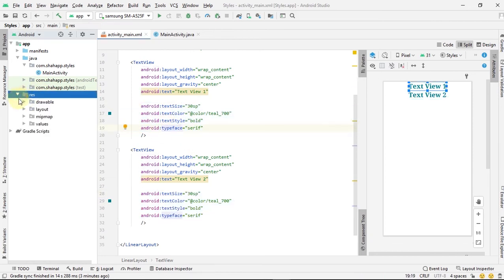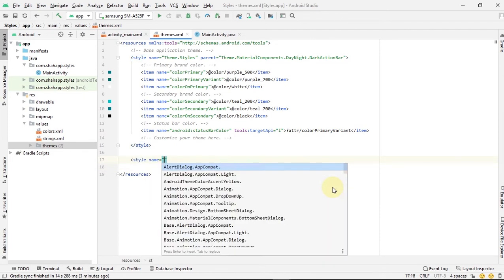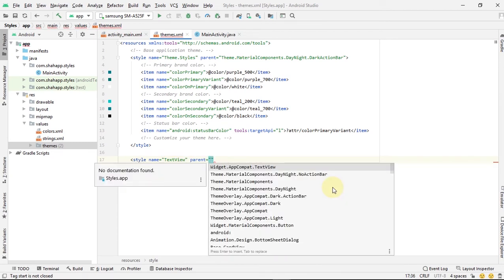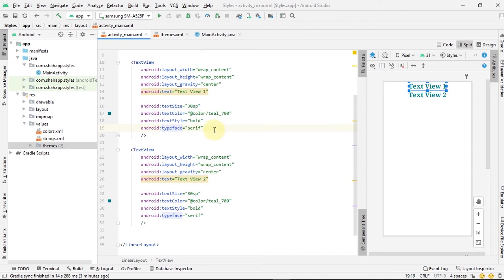Go to resources, values, and themes. Here we can define another style. Use the style tag, the name of the style. We use a text view for our style name, and we can set its parent. We want our style to inherit all of Android text view properties. So we set its parents to